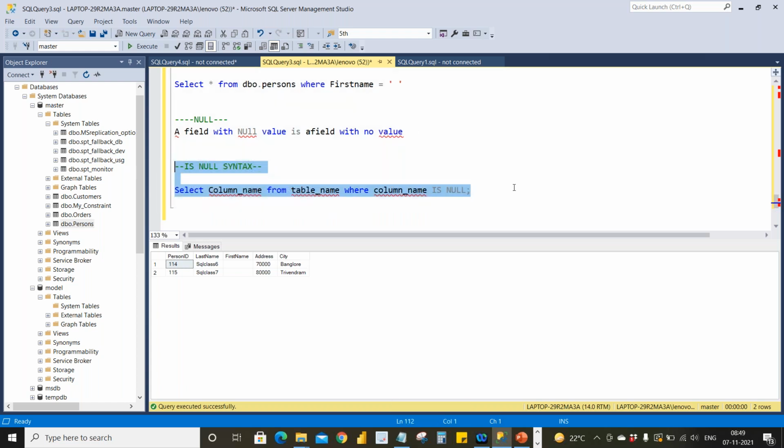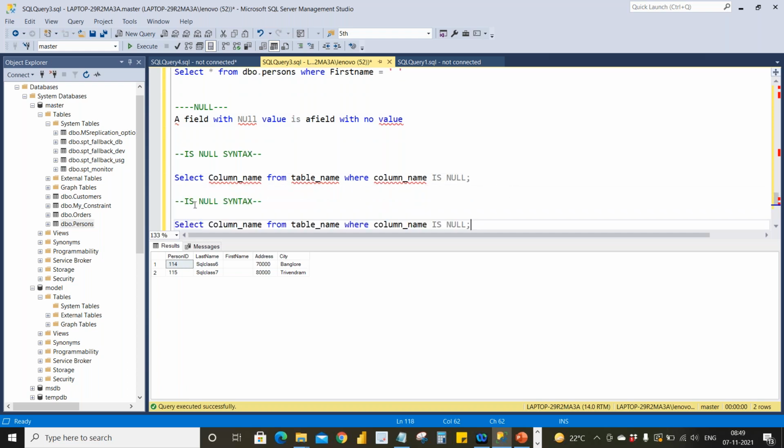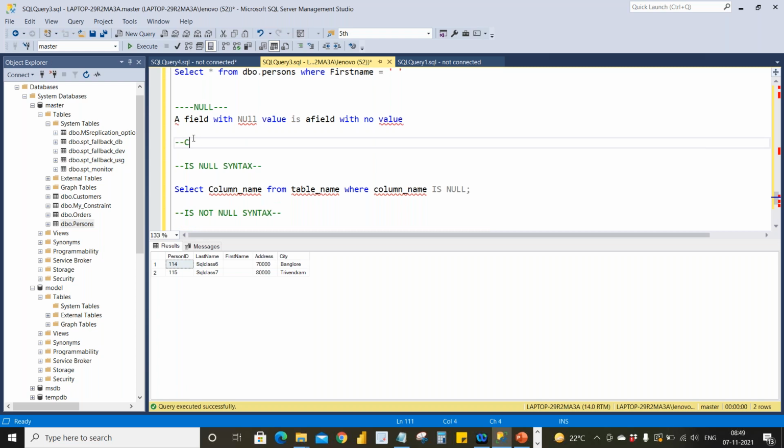And we have the IS NOT NULL syntax as well. We have some comparison operators, right? Like equals to, not equals to, less than, like that we have, right?